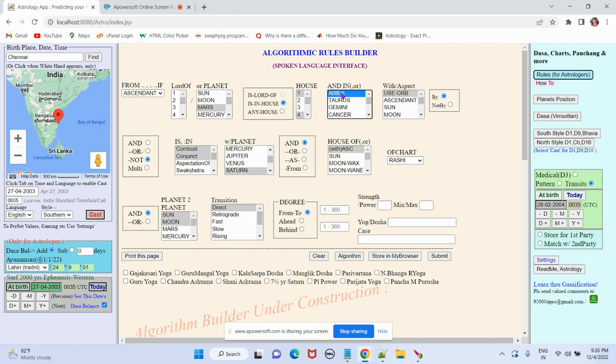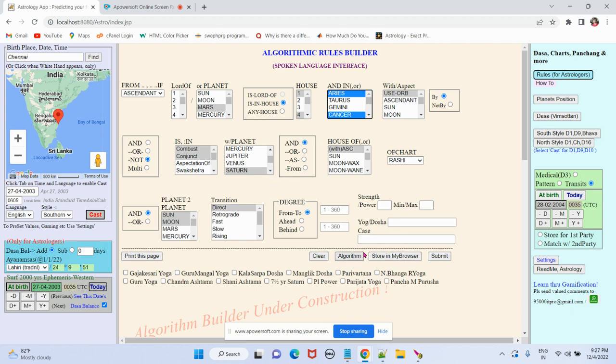Okay, what else? We will say no, no, no. Just being not conjunct is not enough. It should not be combust also. Okay, so we take these three, but just for variation, let us take Cancer, which is wrong. But then I'm just showing you how you write rules. I'm not showing what is the correct Ruchaka Yoga. So I remove Capricorn. I say it should be either in Scorpio, Cancer, or Aries. So it will be Ruchaka Yoga. But then it should not be combust either. It should not be combust and it should not be conjunct.